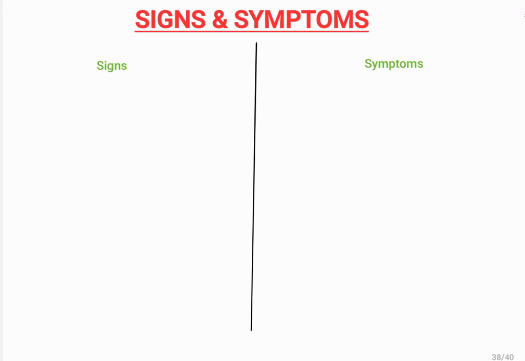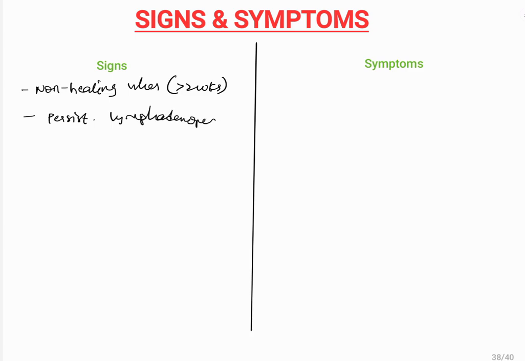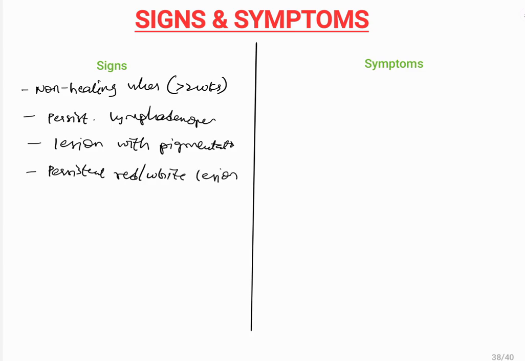Now let's see what are the signs and symptoms. The signs include presence of a non-healing ulcer for more than 2 weeks, persistent lymphadenopathy, lesion with pigmentation, persistent red or white lesions, and unexplained tooth mobility. The tooth becomes loose,